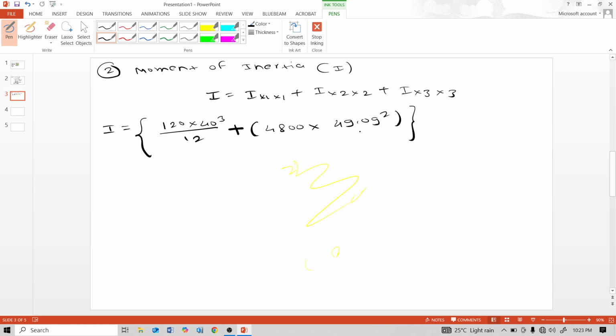This is the parallel axis theorem for the moment of inertia, plus,